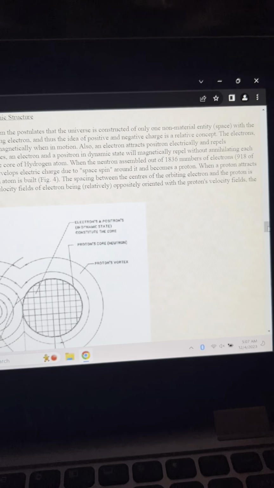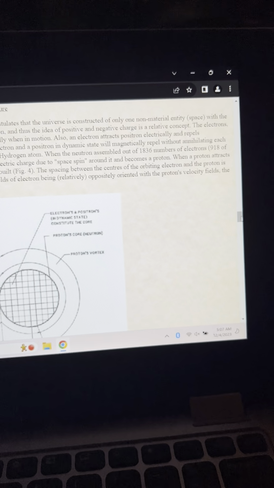And thus the idea of positive and negative charge is a relative concept. It has to do with spin, right? Which way do we spin something? If we spin a magnet in space in one direction and read the charge from the outermost part of it and the center shaft, and then spin it the other direction, the polarity changes. My research and experimentation indicate that.